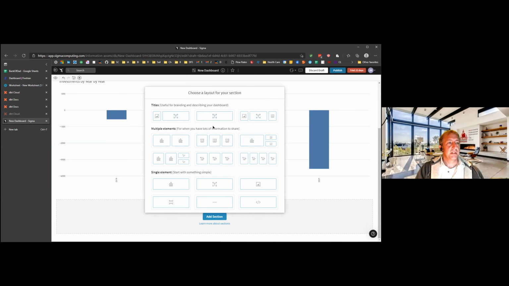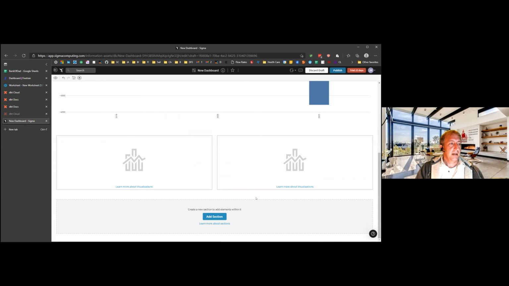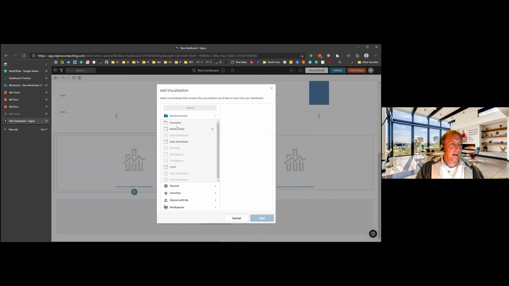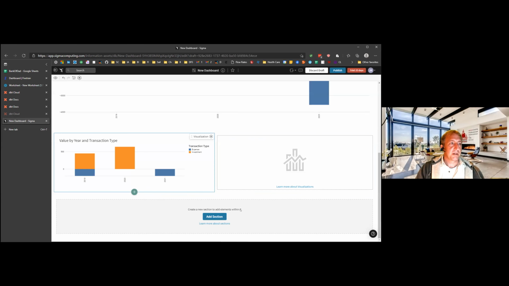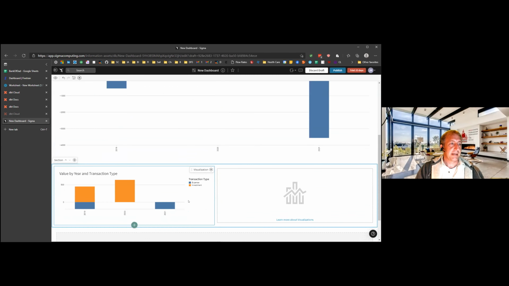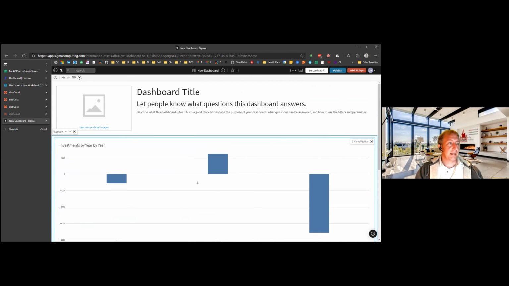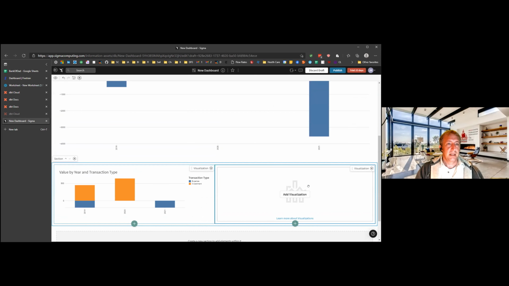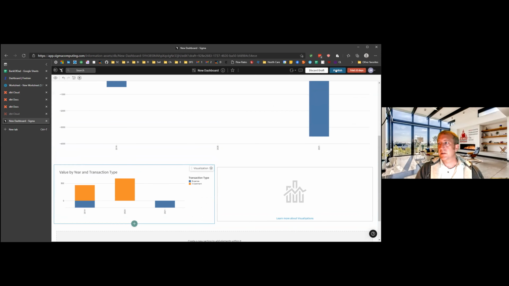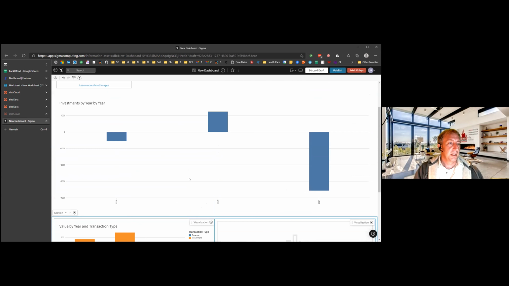This is an attempt to simplify things. You don't have an unlimited number of ways to lay out a dashboard. You just have a few ways. There's like a couple of hundred ways you can lay out a dashboard. And so you can build it like this. And then you can publish this out, and you can embed it really easily into another website. It's pretty flexible in terms of where you want to publish it to.